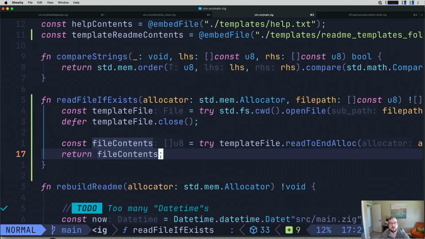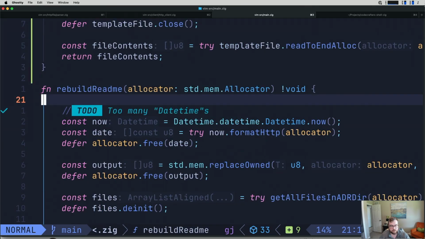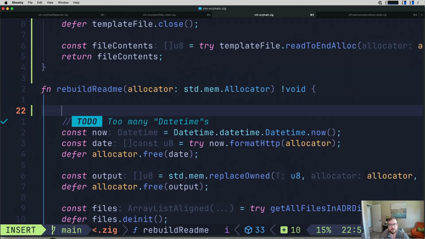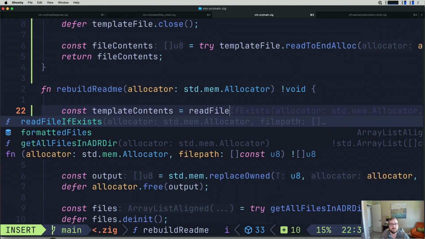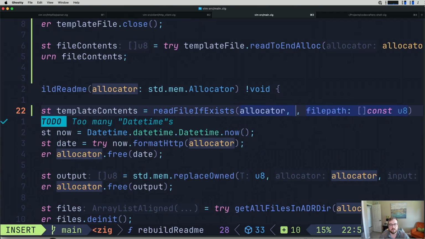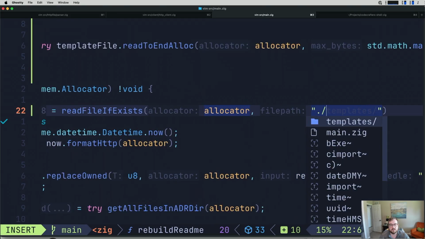So key thing to keep in mind here is that this file, readFileIfExists, is allocating on behalf of the caller. So the caller will be responsible for freeing up those file contents. This should be pretty easy to implement, right? So we have this rebuild readme function. So let's come up here and do something like const template contents is equal to readFileIfExists. We're going to give it the allocator we have. And then the path that we want to read is